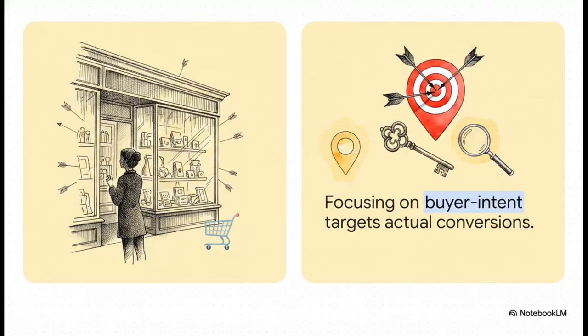And this brings us to a really critical strategy shift. Amateur accounts usually chase high-volume keywords, right? They want maximum visibility. But honestly, that usually just brings in a bunch of window shoppers. Experts, on the other hand, focus intensely on buyer intent keywords. They look for location-based searches and highly specific service queries. For example, instead of just targeting the word shoes, they'll target buy men's running shoes in Mumbai.